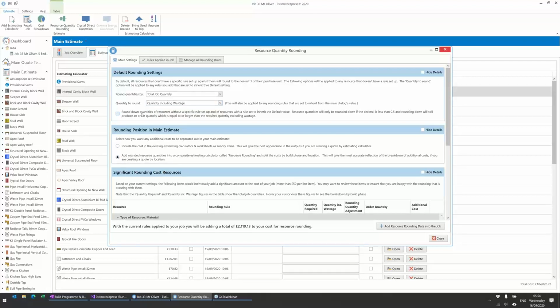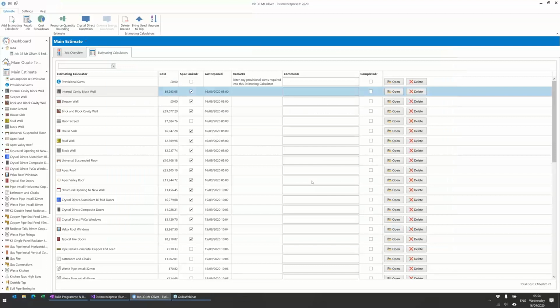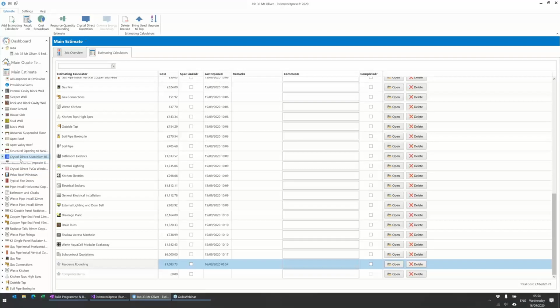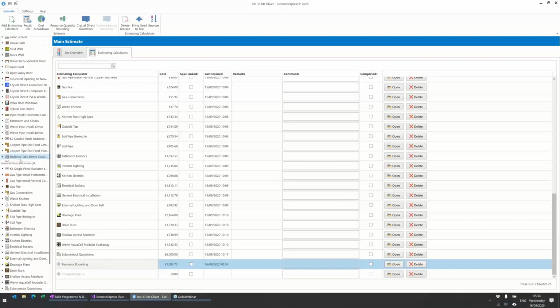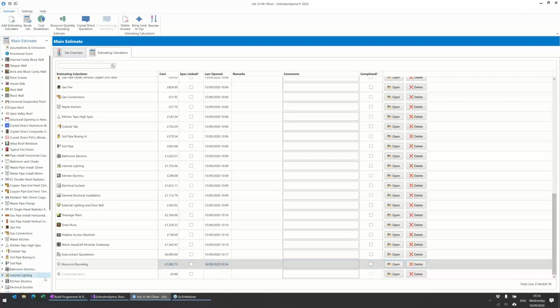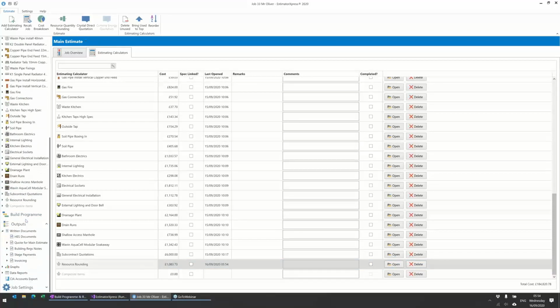So let me see if I can get back to where I was. I will add that back in, and then I'll just go to the quote and show you how that's coming through. So yeah, that's added that back in there. Okay, so the last change in this update, and it's related to the resource quantity rounding,